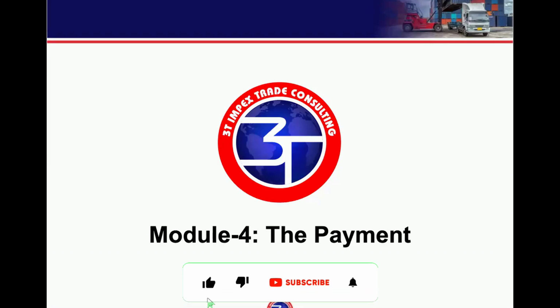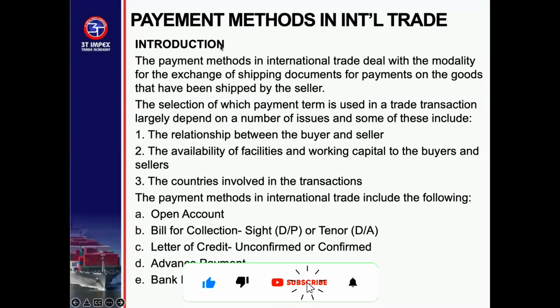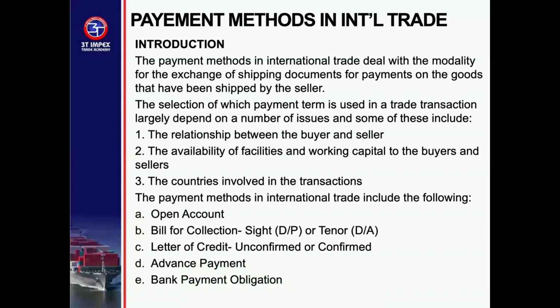At the payment method now. Payment methods in international trade deal with the modality for exchange of shipping documents for payment on goods that have been shipped by the seller. The selection of which payment term is used in a trade transaction likely depends on a